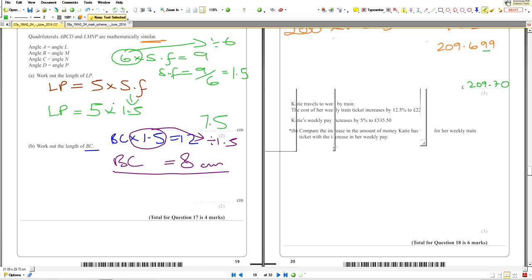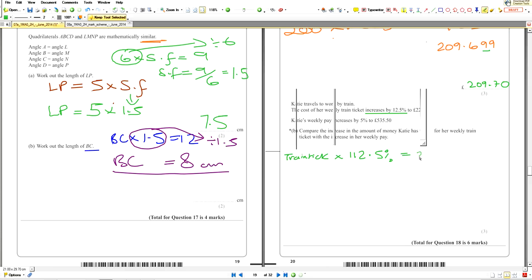Thank you. So let's have a look. So we have the train ticket. The original train ticket was increased by 12.5%. Now, what was the original value of the train ticket? We just mentioned in the previous question, the original value is always considered as 100%. And then it's increased by 12.5%. So how much percent do we have now altogether? 112.5. So the train ticket original price times 112.5% gave us the answer of, what was it,